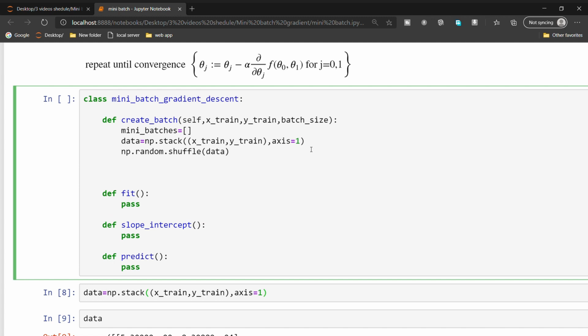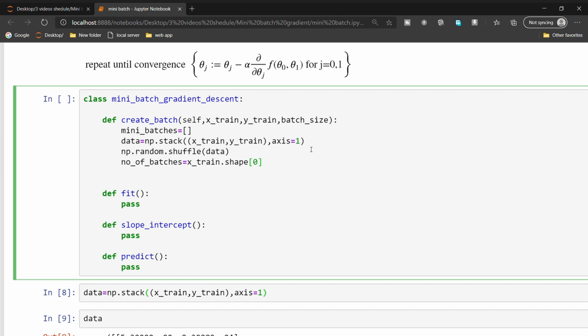And the next thing is we have to store how many batches we are going to create. So number of batches equal to x train dot shape, where index 0 contains the number of training instances in x train.